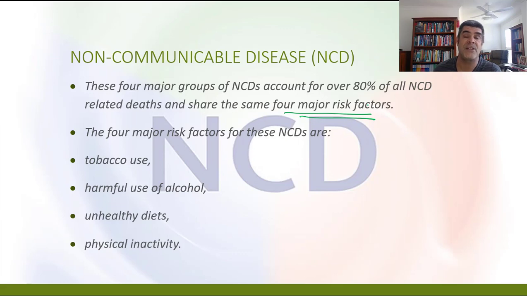The four major risk factors shouldn't be difficult to guess because I flagged them in the previous slide. They are tobacco use, and this is something that has started to move from cigarettes